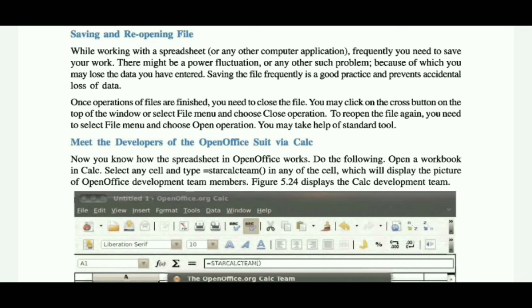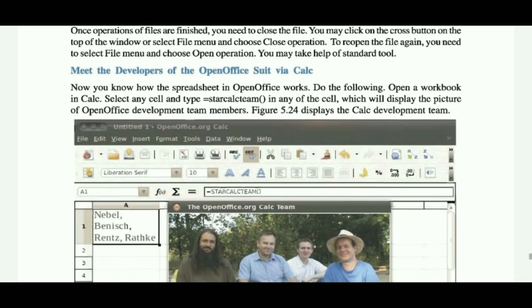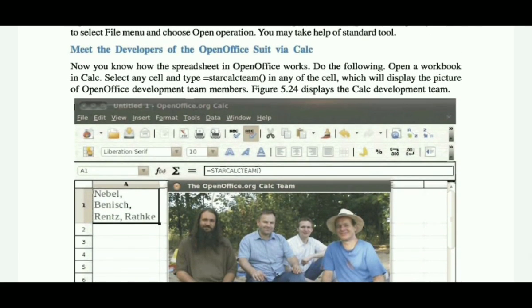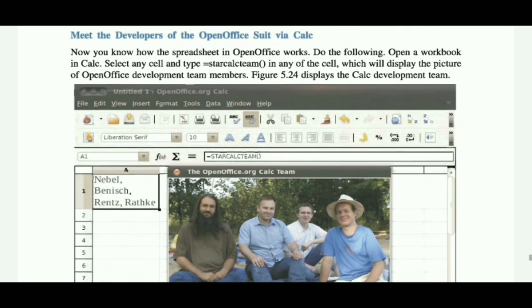Then here we have one function in Calc. We already discussed how to work with Calc, but here one special function is provided by Calc, that is the equals star Calc team function. In any cell you can type this function, and when you press the Enter key, as a result it will display the picture of the OpenOffice development team members.